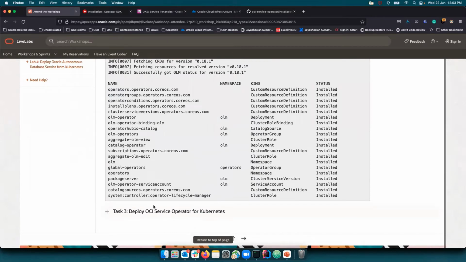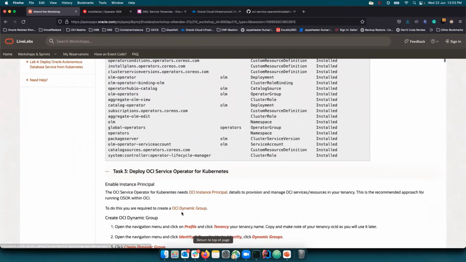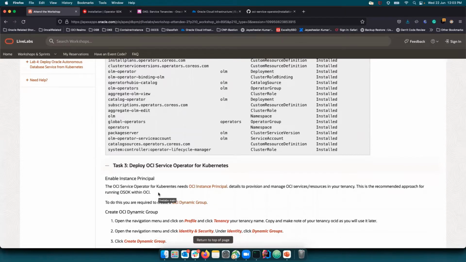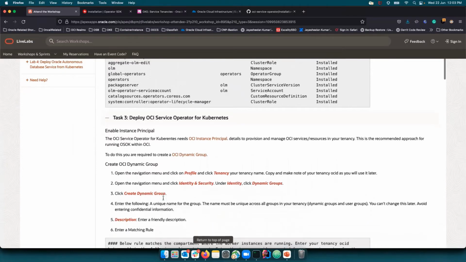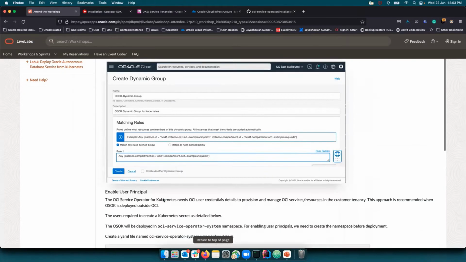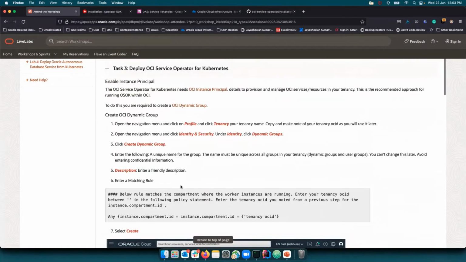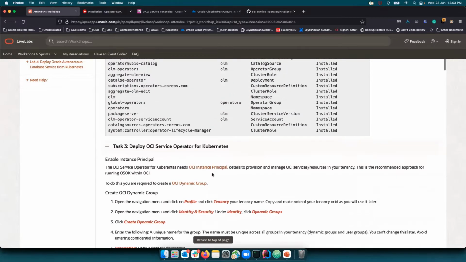And once this part is complete, the important part is where we will actually be installing OSOK into our cluster. So OSOK supports two types of authentication and authorization today. One is instance principals and the other one is user principals. For an easier approach to the tutorial or the session today, I would suggest you use instance principals. And this is the process on how to enable instance principals in your worker node, or the OKE node,